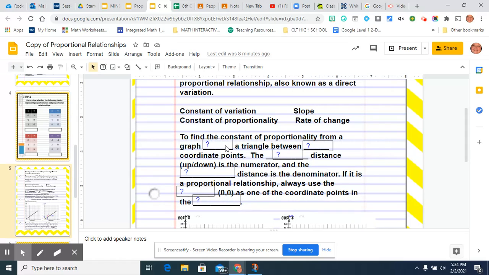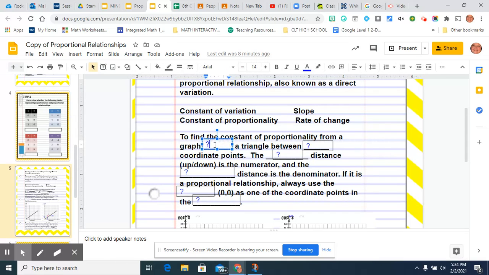So to find the constant of proportionality from a graph, we want to draw a triangle between two coordinate points. The vertical distance, which is up and down, is the numerator. We'll put that in the numerator, and the horizontal distance is the denominator. If it is a proportional relationship, always use